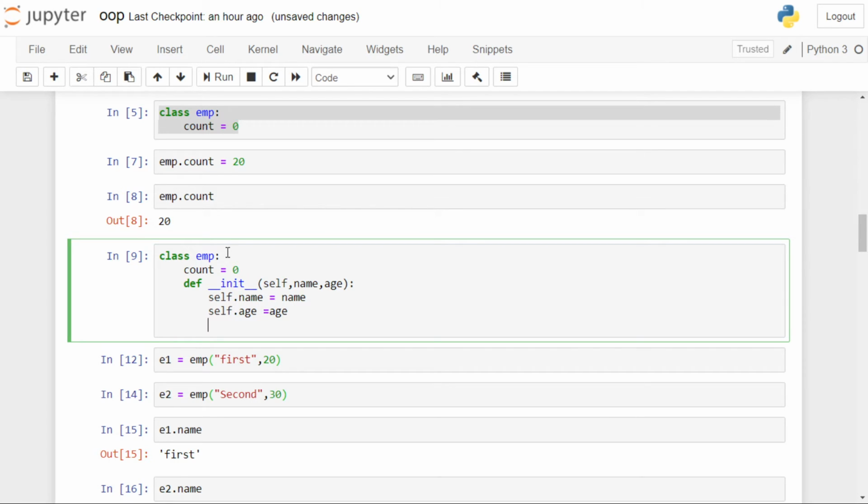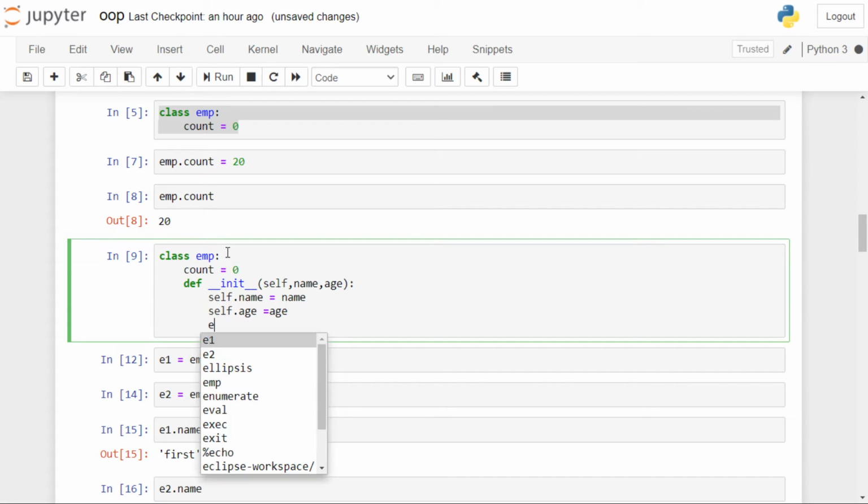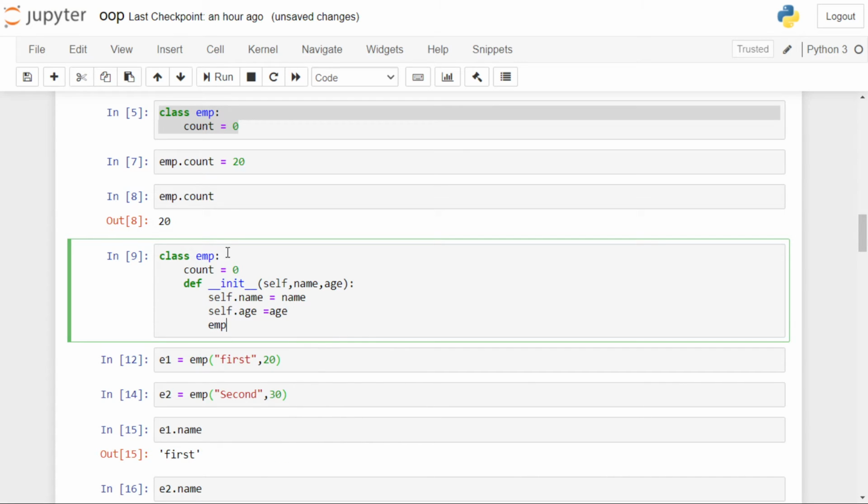For example, here we are using a class variable, therefore emp variable name count, and it is incremented, emp dot count plus 1.